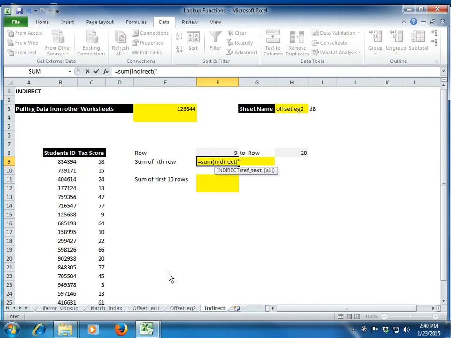So I'll give C something to C something, and I have to put those in inverted commas. C, I close the inverted comma and give a reference, and then, within inverted commas, I write colon C, I close the inverted comma and give a reference.